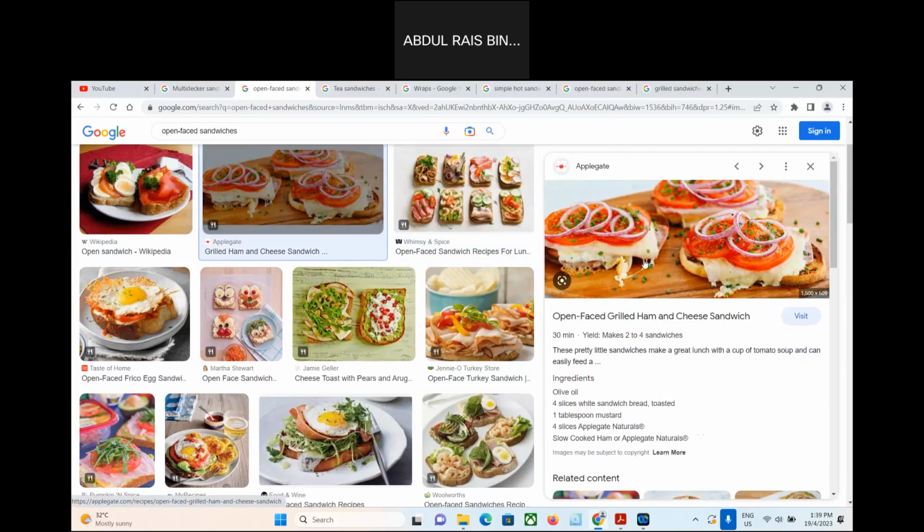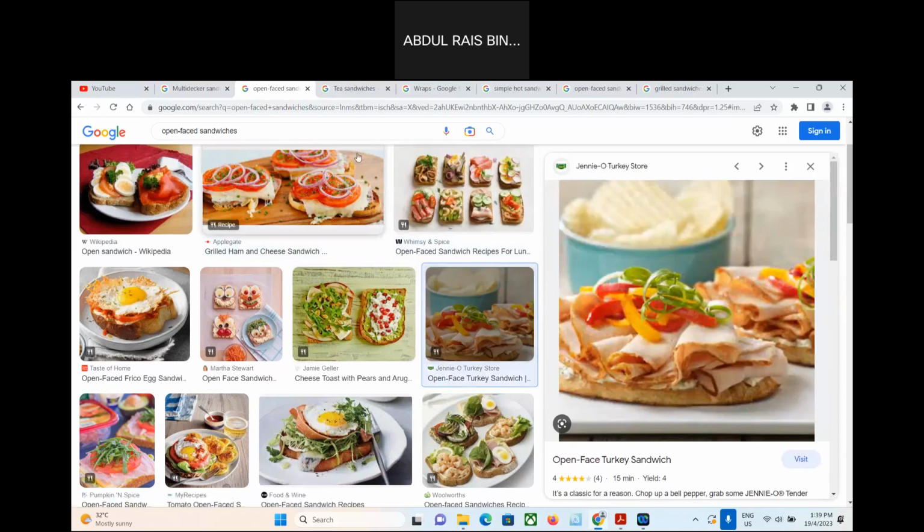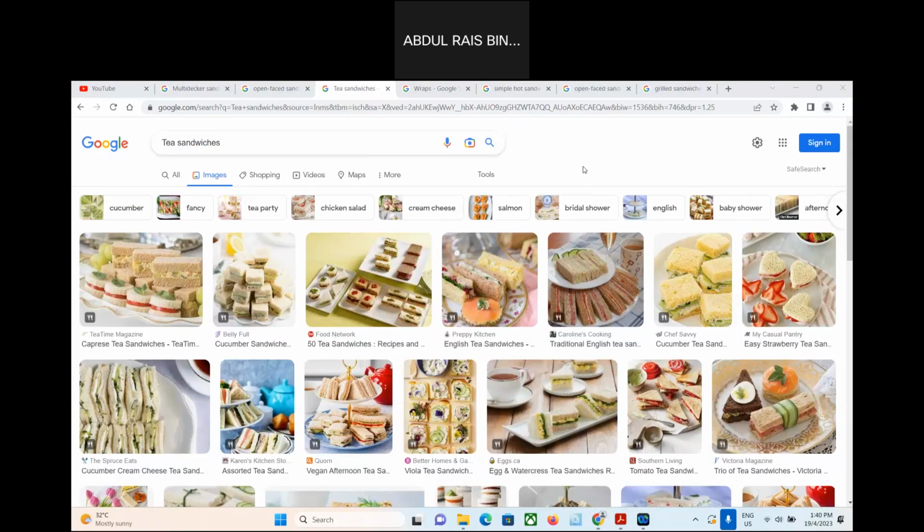Ataupun senang nak ingat, sandwich yang guna satu roti je sebagai penyebis. There is no top. Okay. That's for the open sandwich. Okay. The fourth type, yang ni tak ada dalam slide tapi ada dalam you punya textbook, is called the tea